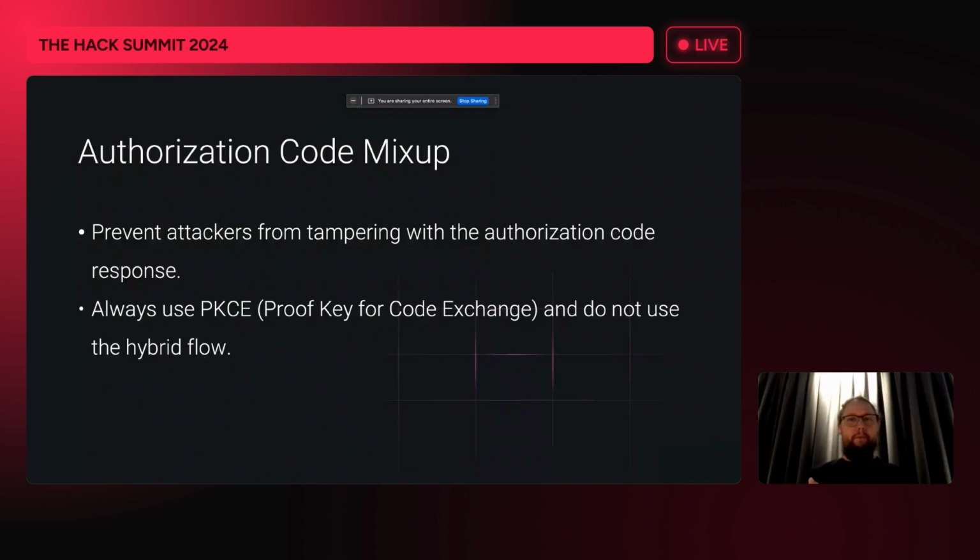But the good news here is that to prevent this attack, the implementation is actually pretty simple, because all you have to do is always use the code flow, do not use the hybrid flow or implicit flow, and always use the PKCE extension, so proof key for code exchange. PKCE was originally created for public mobile clients, and it was to prevent an attacker from stealing the authorization response